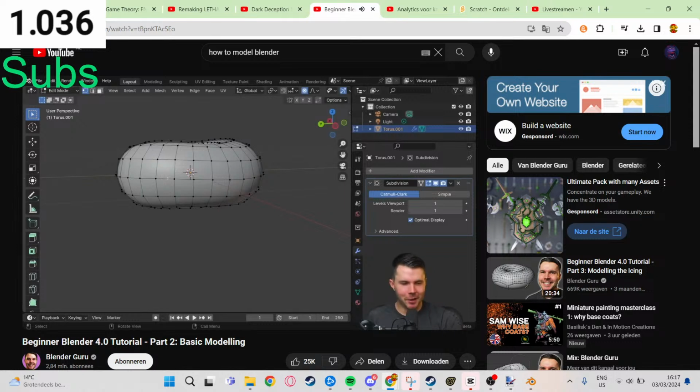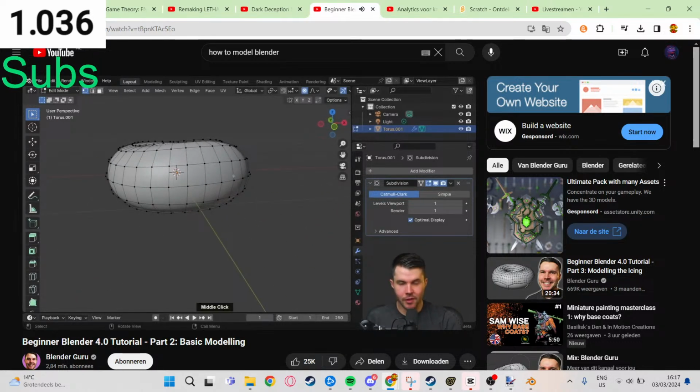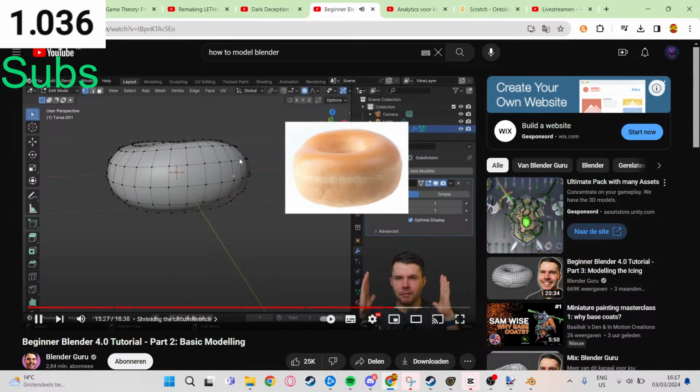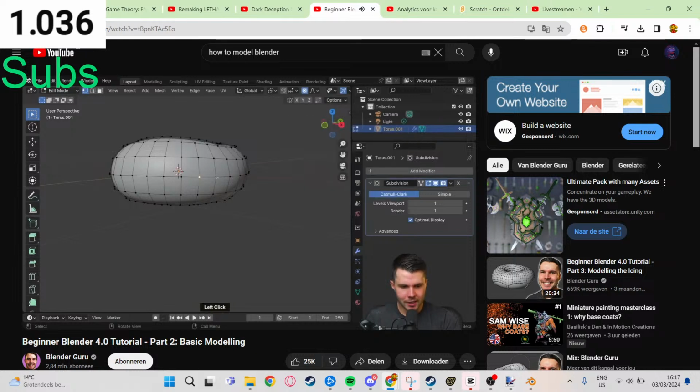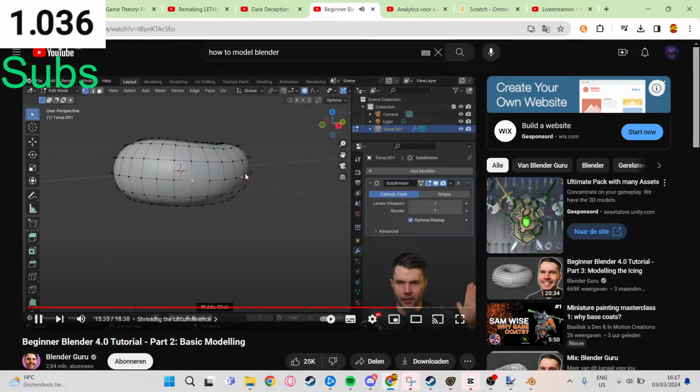So essentially what I'm saying is the bit that's around the donut, the circumference of it, is usually a little bit flatter. So donuts aren't perfectly round all the way around. They're usually a little bit flatter. So what I want to do is select these vertices along here, and then I want to